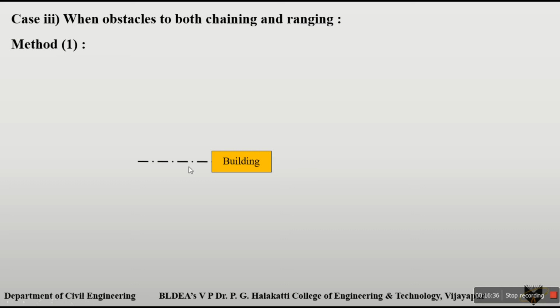So what are the two objectives here? One is you have to measure the distance from the point considered on this side to this side. The other is that we have to continue this survey line on either side of the building. We have to find the continuation of this line along the straight line here. So, the procedure for this.